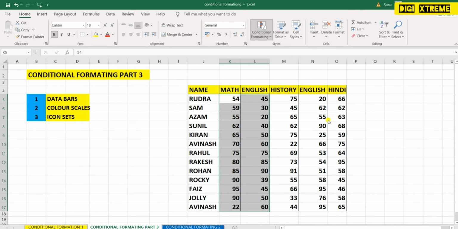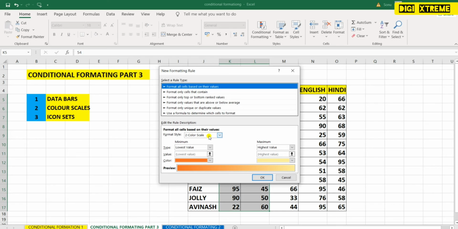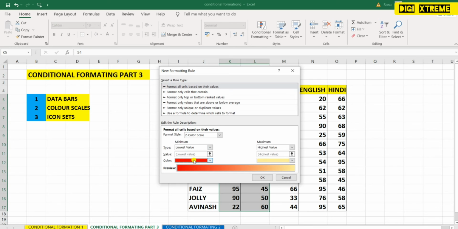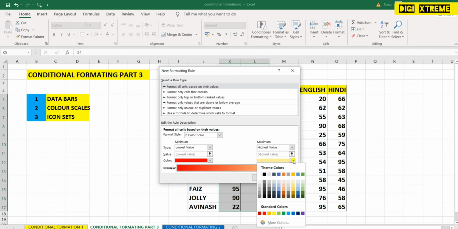If you want to color according to your choice, like you want to show a red color for the lower one, you can see you want two differences, minimum and maximum, then you can select the color of your choice. As we see in offices, for the lowest we always highlight with red, so I'm selecting red, and for the highest value we always prefer green.